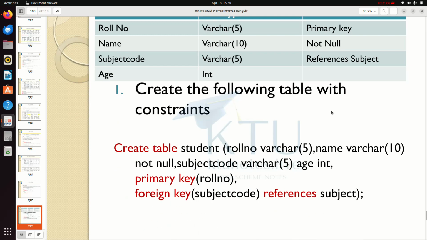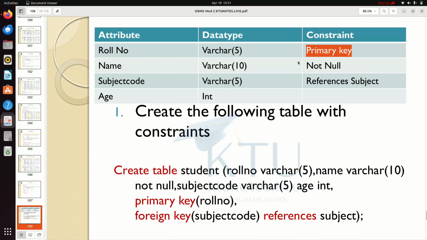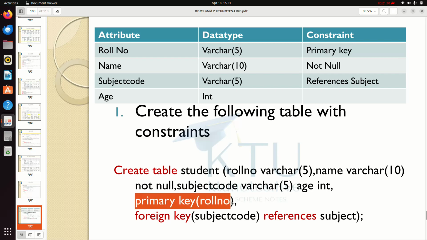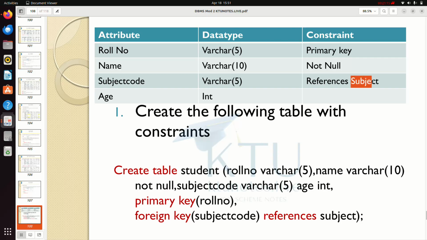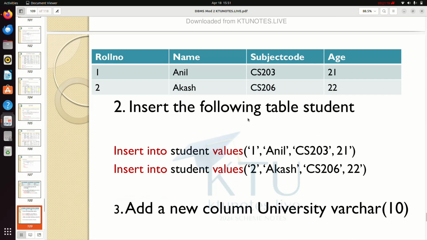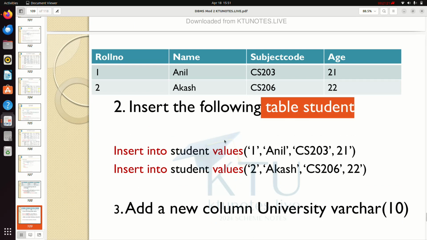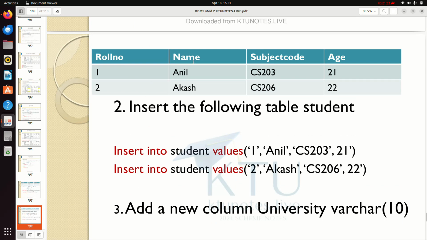Now I have to make sure that the primary key is roll number. So I write primary key roll number, and foreign key subject code, which is referencing the subject table. So I have created that table. Now I have to insert the following table structure. So insert into student values 1, Anil, CS203,